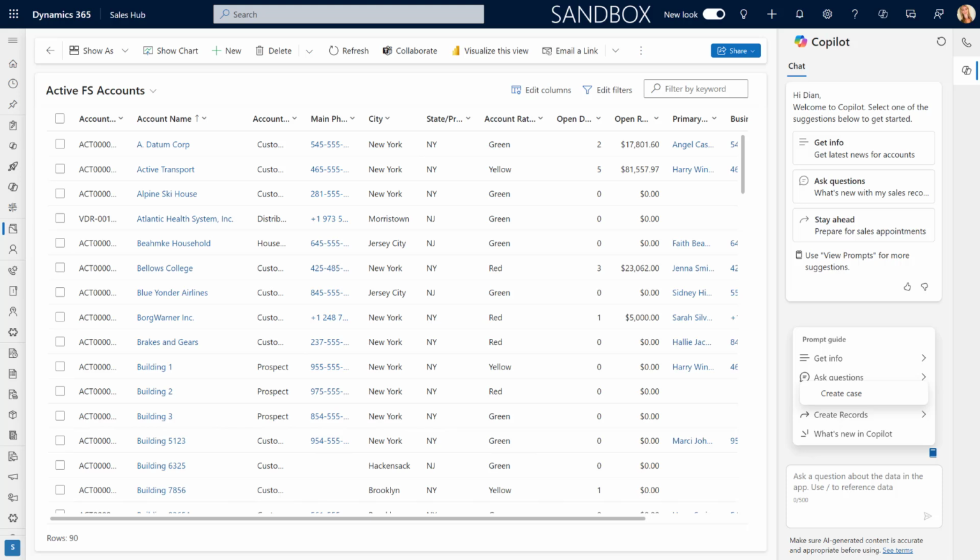Now, whenever we're extending Copilot inside of Dynamics 365 Sales, we're doing that inside of Copilot Studio. So let's just switch back to Copilot Studio so I can show you